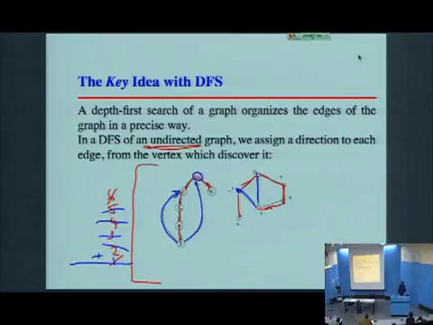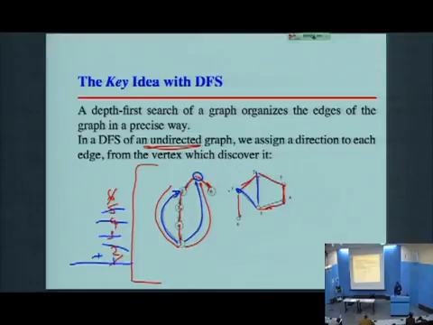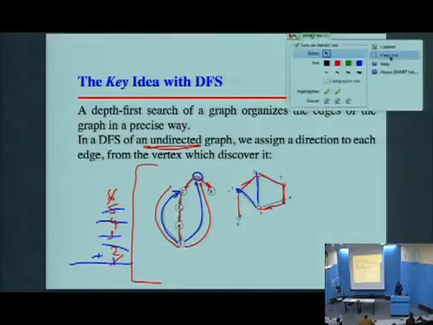Note here that I have an edge from a vertex to its ancestor. Does everybody see that? I have a vertex here, an edge going to its ancestor. In fact, the really important and interesting thing about depth first search is that if I have an undirected graph, all the edges are either going to be tree of discovery edges or going back to ancestors. Okay? The key thing about depth first search,